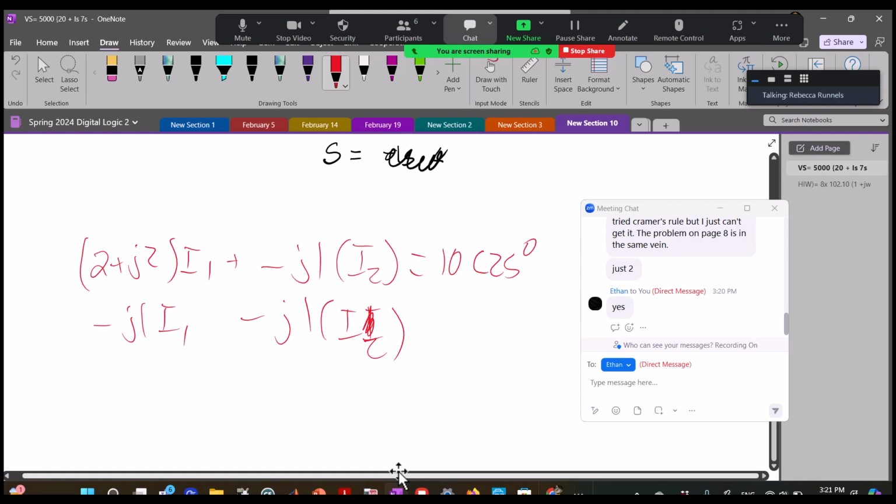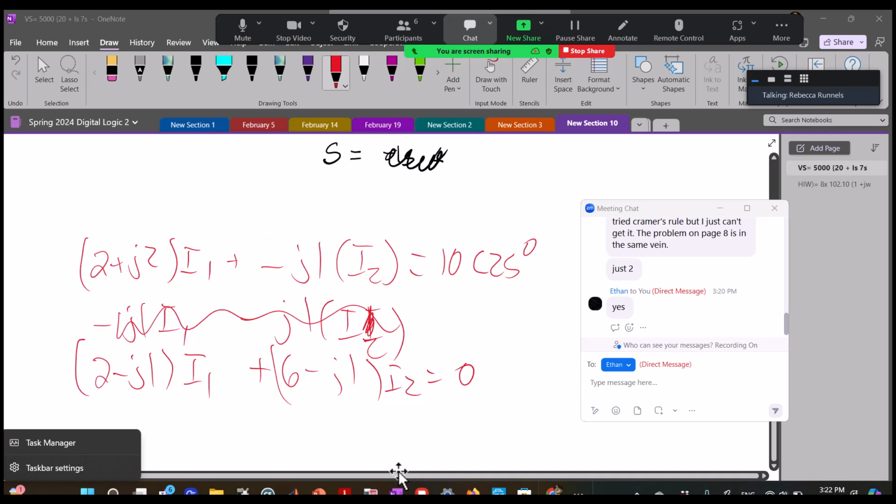Can you read it to me? 2 minus j1 times I1 plus 6 minus j1 times I2 equals 0. Okay, so first of all,